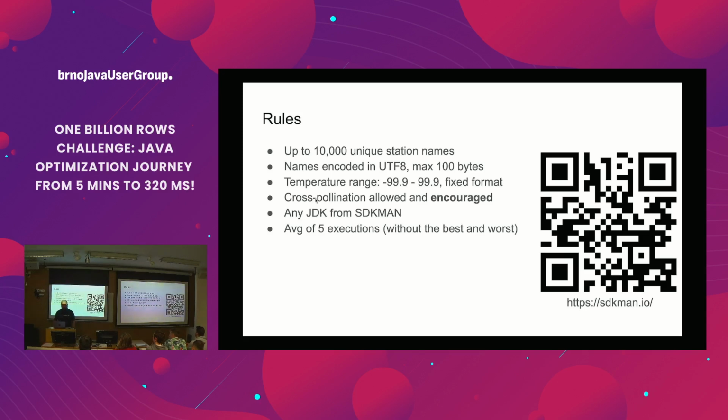One important rule, which I personally believe is the reason why this challenge was quite popular, is that Gunnar, the founder, said you are not only allowed to borrow from each other's solutions, because they were all in the open, but he actively encouraged people to do so. If you check the official rules at this address, the QR code, he is actively promoting it: hey, this is open source, it's not only about winning, but let's learn from each other. So this was, I think, very important.